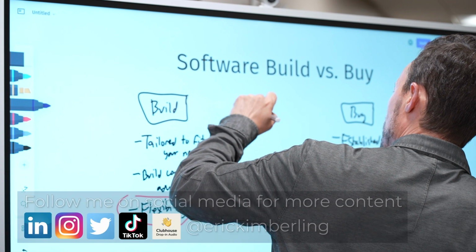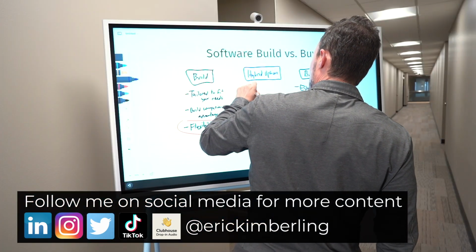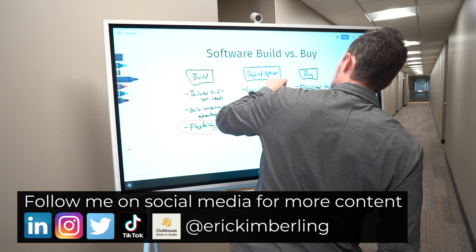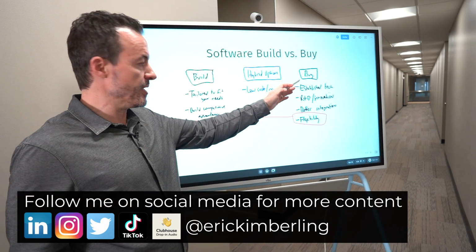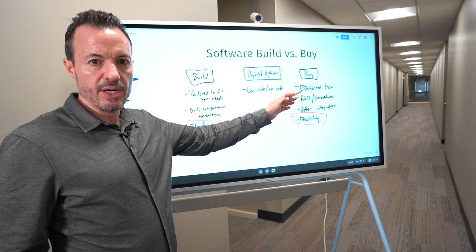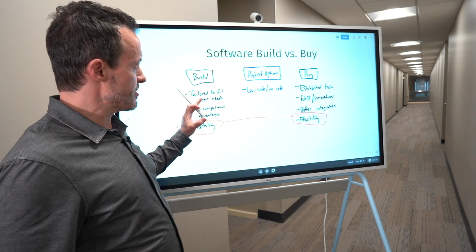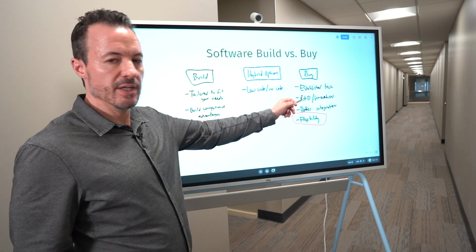So we'll talk about what these hybrid options are here. And the first one is low code, no code. You may have heard this as a buzzword. A lot of vendors are referring to it now. And it's really a way that software vendors that provide commercial off-the-shelf software are trying to leverage some of the advantage of custom development,